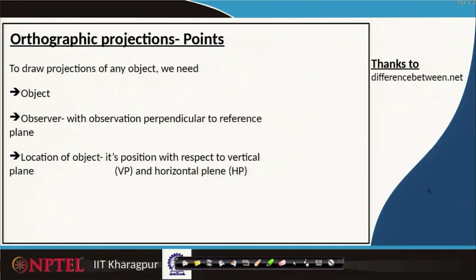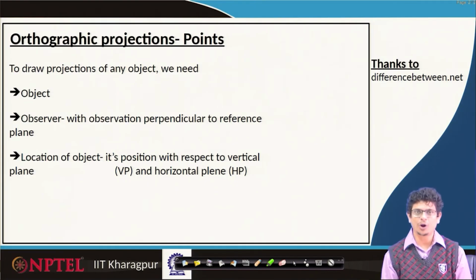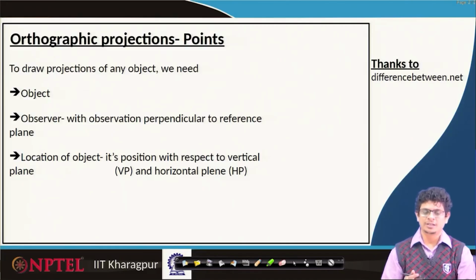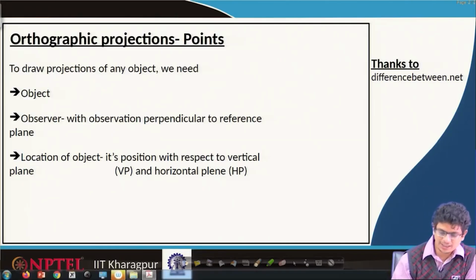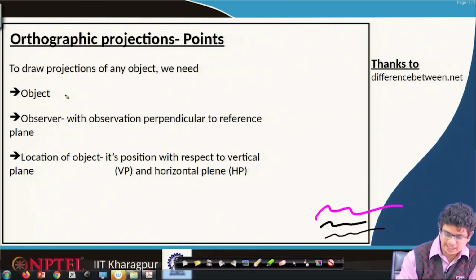The first question we would like to ask is how to draw the projection of any object, especially a point. For this purpose, we require an object, perhaps it can be a camera, a pen, a pencil, or it can be a car also. Each point on the surface of the object, we are going to project onto a reference plane. So, the things we require are an object, let us say a car,